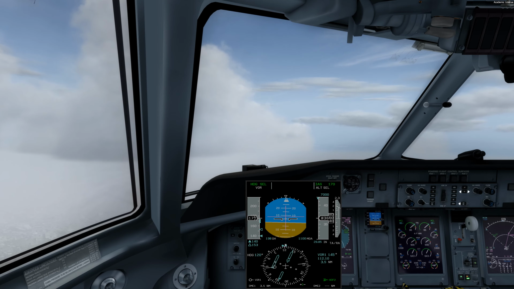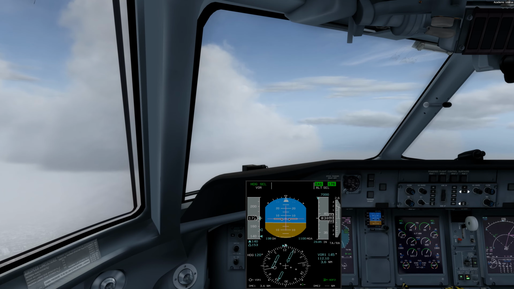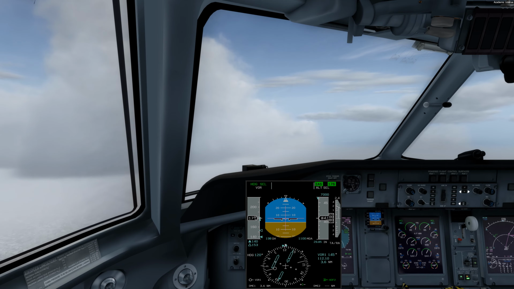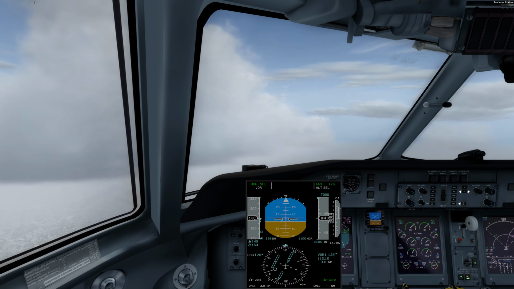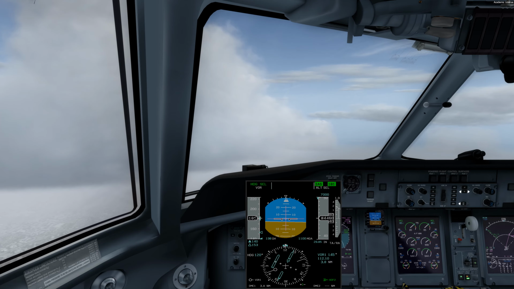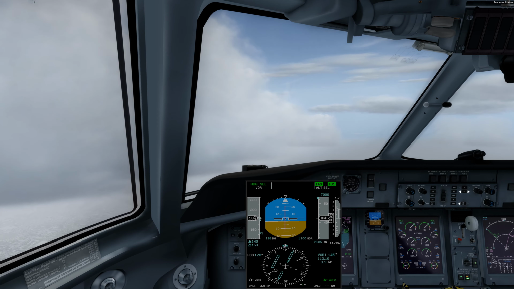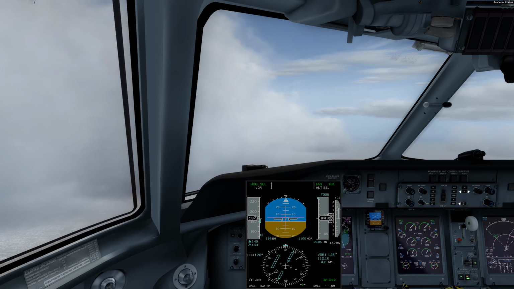Yeah, there we go. Now let's see if we acquire. I'm just going to reset IAS mode, so we're climbing a little bit higher speed. And now we'll wait for our radial to come in. And you can see we're already pointing away from the station. Our to from triangle there has gone to from. Just retrim a little bit here. In a second, as soon as we get on this radial, I'll pop in the autopilot, and we will, from there,